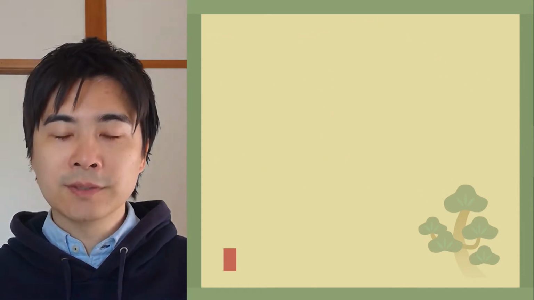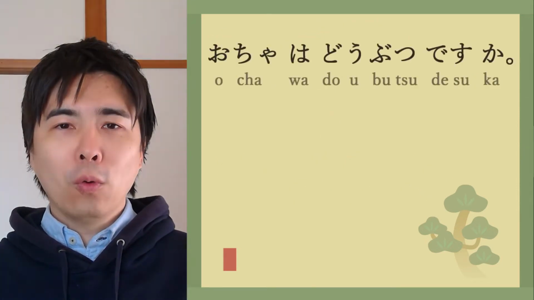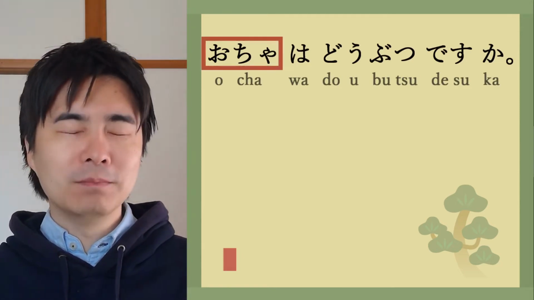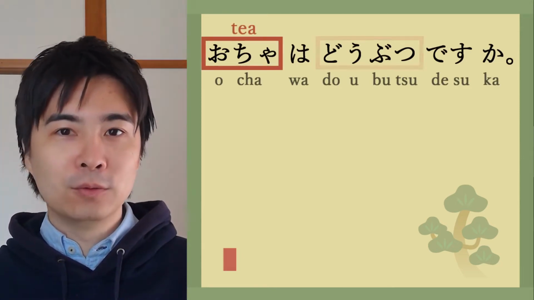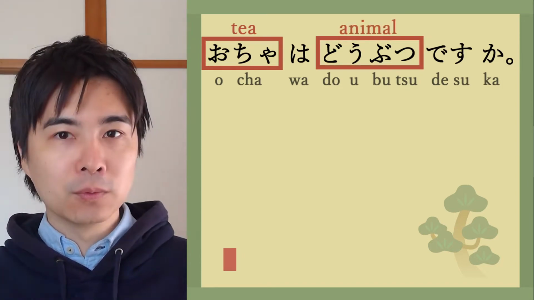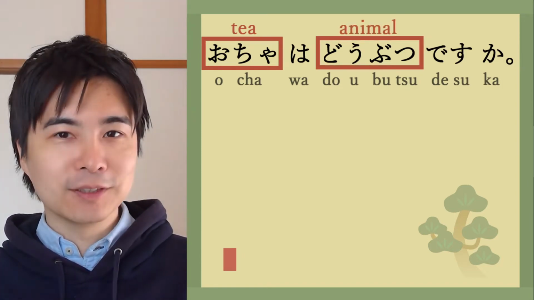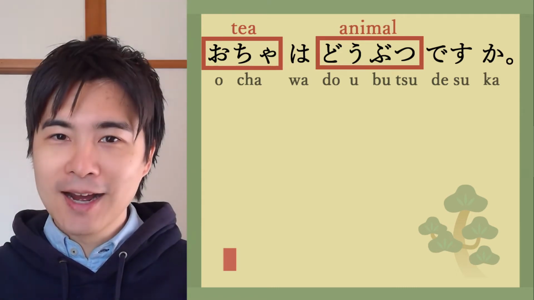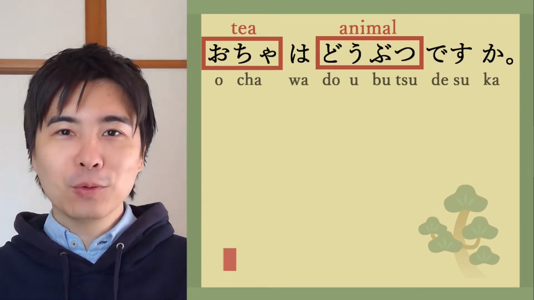How will you answer if someone asks you, お茶は動物ですか？お茶 means tea, and 動物 means animal. So how will you answer if someone asks you, お茶は動物ですか？